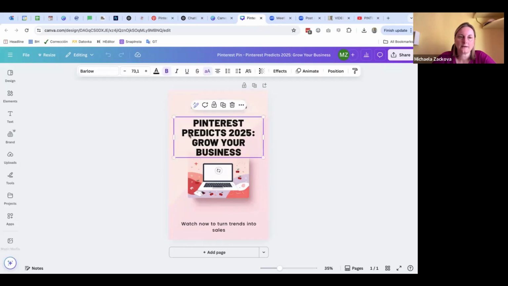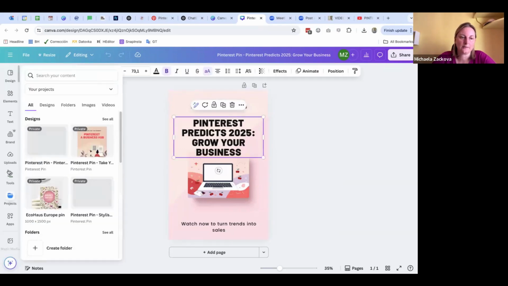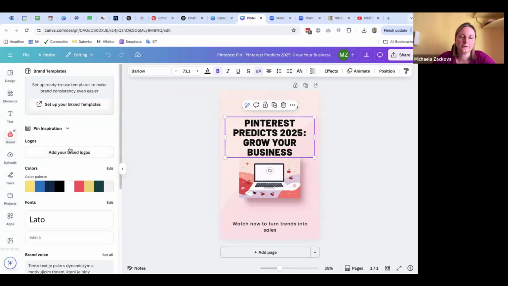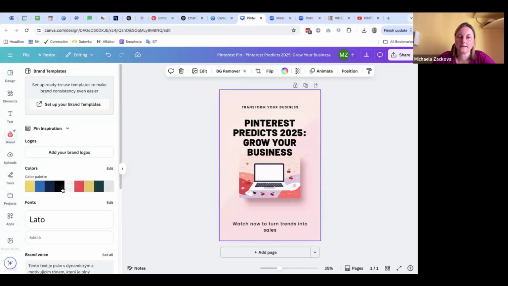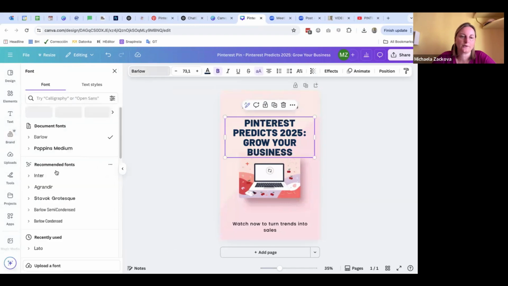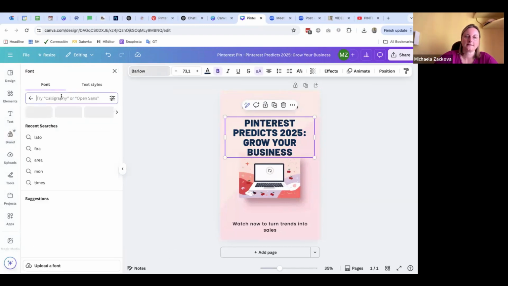So I know this is, for example, not my font because I am using Lato. So if I am going to shuffle all this based on my brand colors, let's see, we can do it like this. And I know I want Lato here. That's my